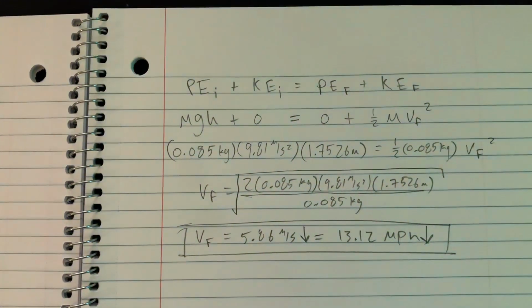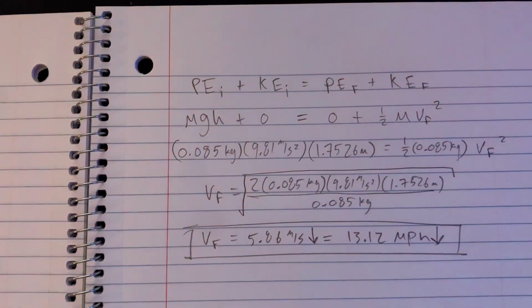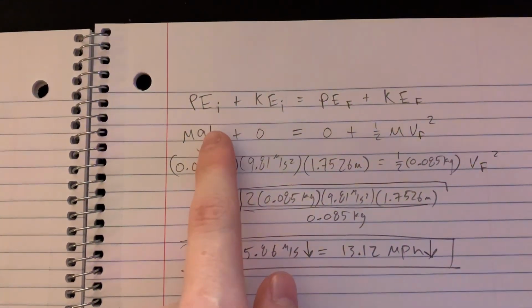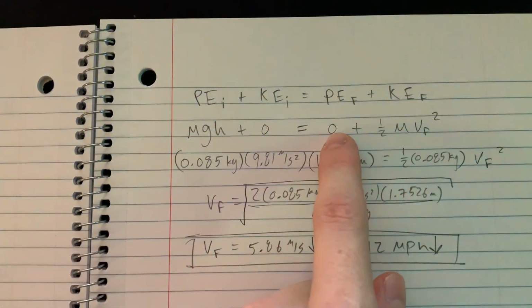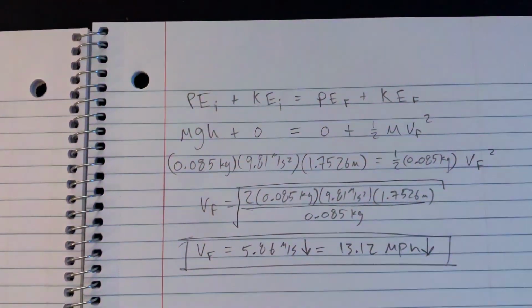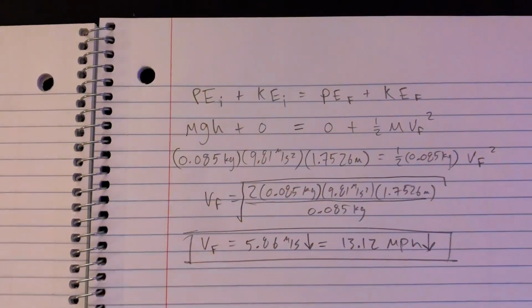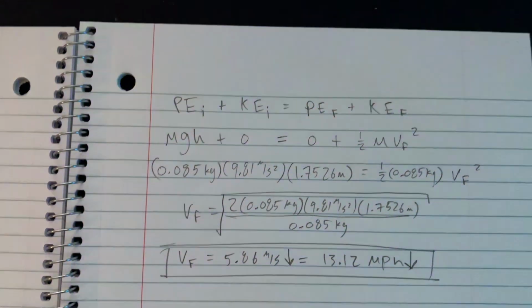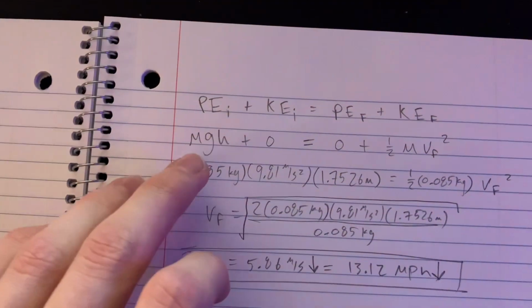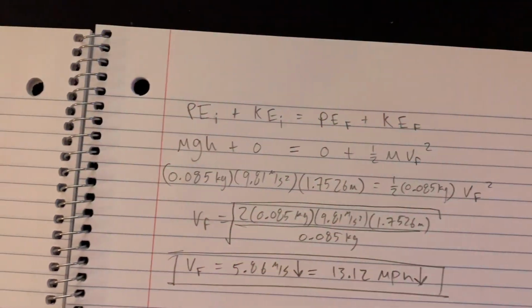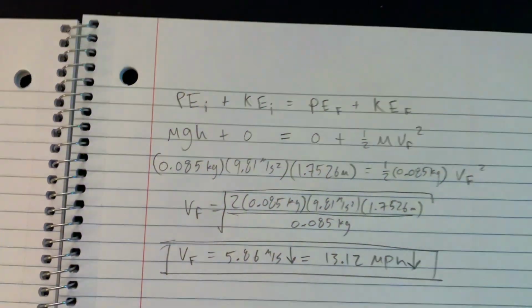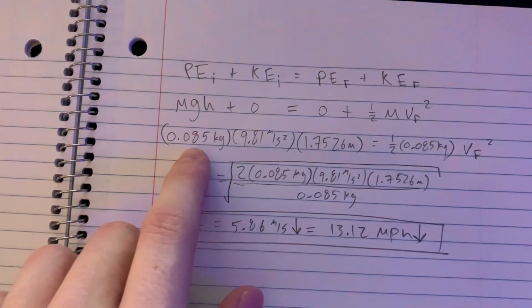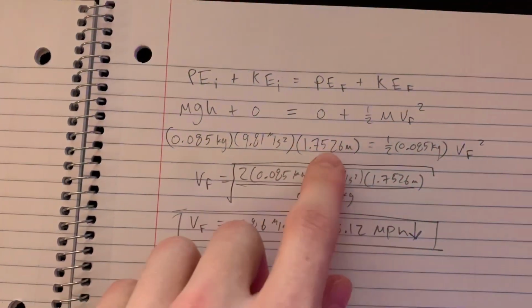Similarly, at the end case, the wallet is on the ground, so we know that h has gone down to 0, there is no height difference, and there's no potential energy. There is, however, kinetic energy because all of the potential energy from the first case has been transformed into kinetic energy. So here we plug in the known values, the weight of the wallet, gravity, the height,